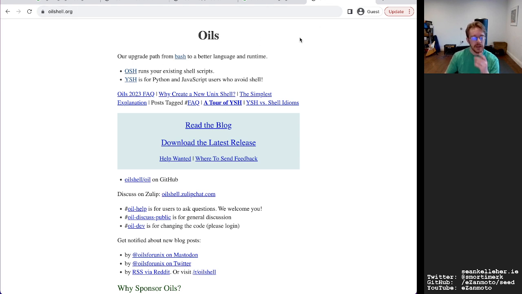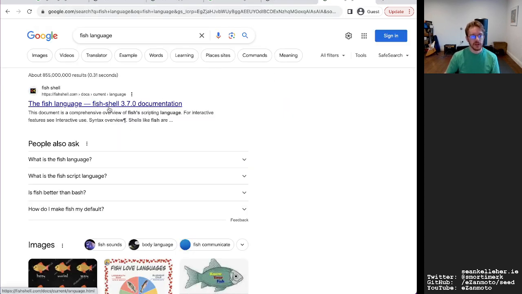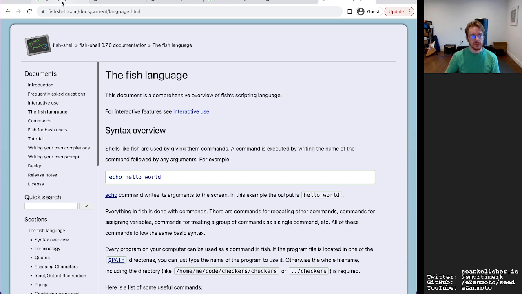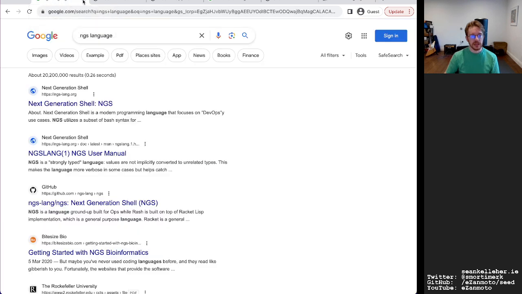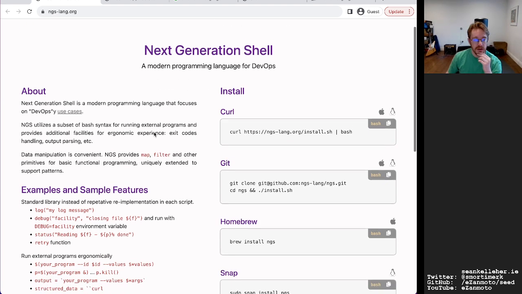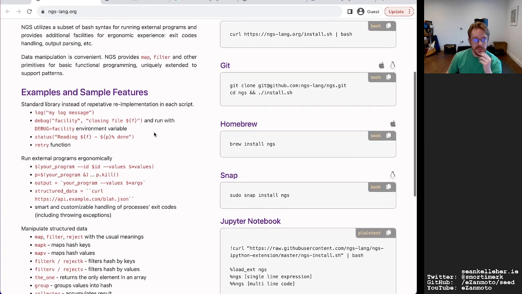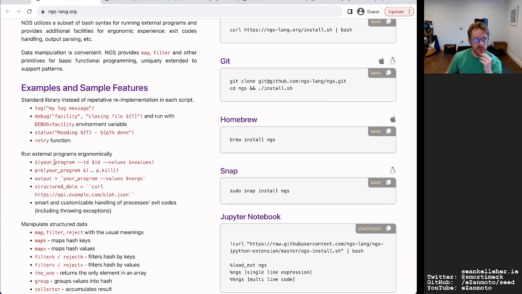I can't quite remember. And was there another language? Yeah, the Fish programming language. Yeah, so just take a look at what's already out there in this space and what I can take and learn from these ideas. So examples and sample features.